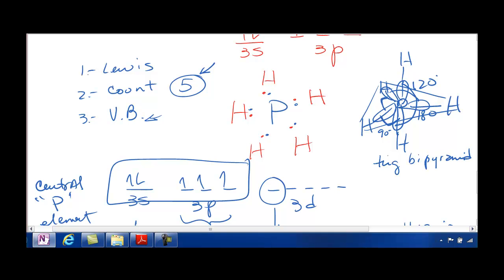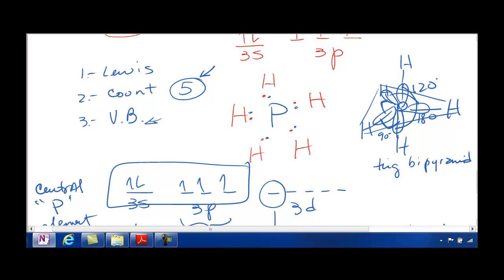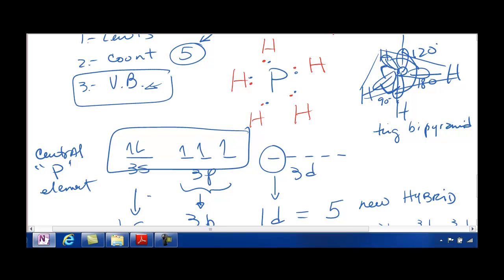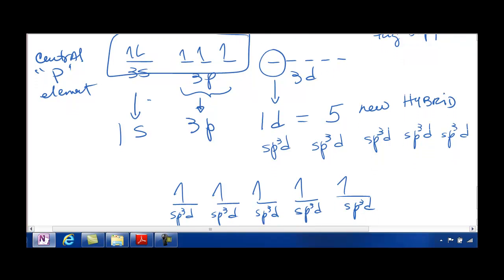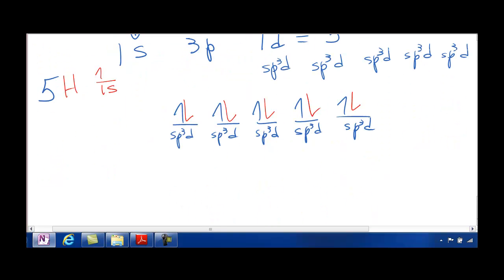Okay, so I first learned VSEPR, valence shell electron pair repulsion. I first learned Lewis. I first count, and then I put it all together with valence bond. So I have how many hydrogens? I have 5 H's. And each one of these is going to be a 1s1. So I want to put my first hydrogen and my second and my third and my fourth and my fifth. So what am I saying? I'm saying that I have a trigonal bipyramid,